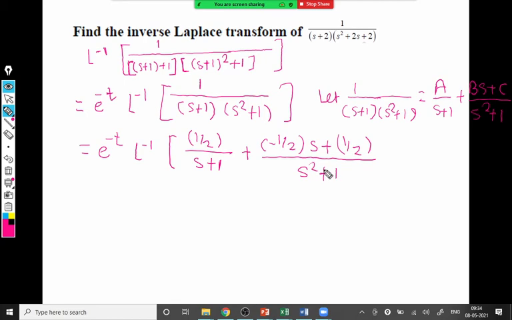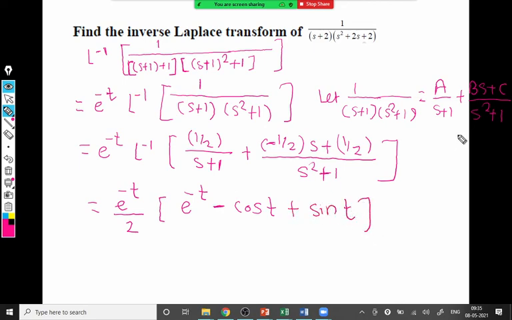So this is example number 1. You have to write the same steps to get the values of A, B, C. Put s as minus 1, put s as iota, and get the values of A, B, C, and we will get the answer as e raised to minus t. This 2 is a constant taken out, and it's e raised to again minus t. Sir, cos t, not plus. Actually there is a minus sign, my mistake. This minus will come here: minus cos t and plus sin t. That is the answer.